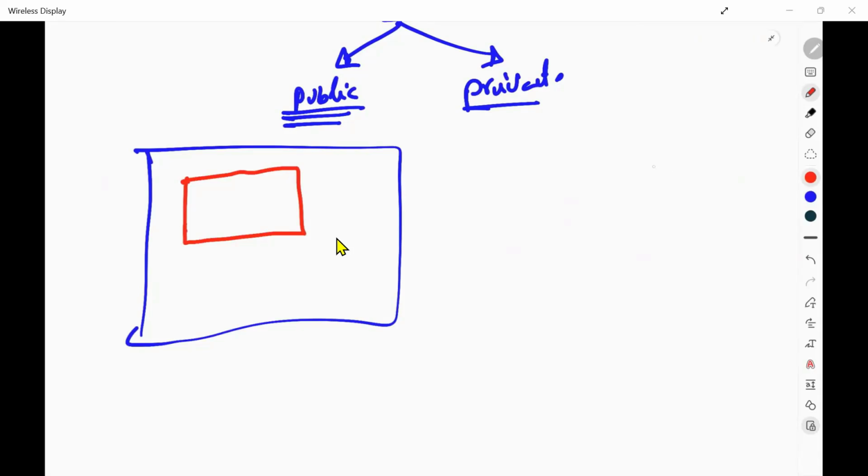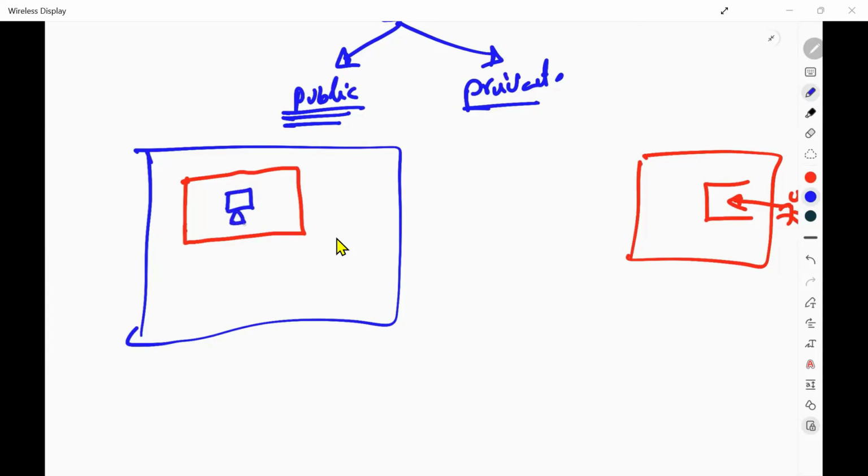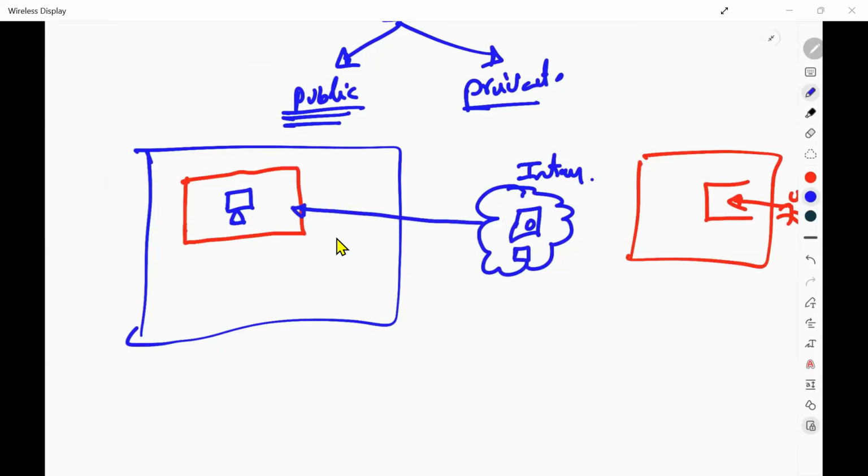Now, same example, if this is your house, this is your hall, then who can access this hall? Anybody can come and access this, right? Just use the same thing here. Now, inside my public subnet, I'll host my application. And let me complete this and I'll again come back. Here is your internet. And whenever you browse an application through your phone or through your laptop, the request comes to your public subnet.